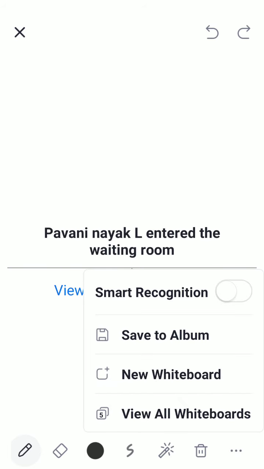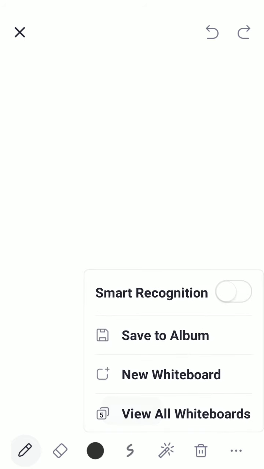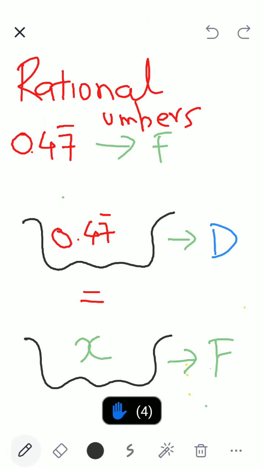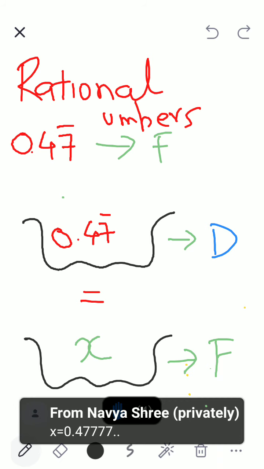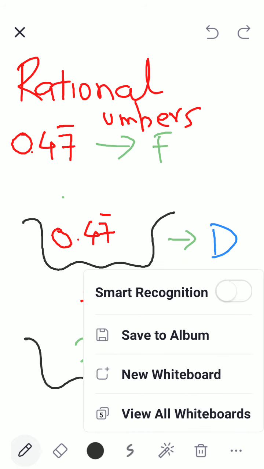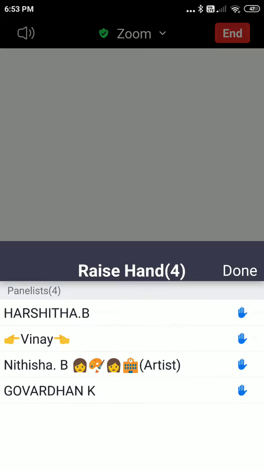Children, again, I'm taking you all back to the drawing. Wait, hold on, children. I put 0.47 recurring in the decimal bag and I put x in the fraction bag. What is the first step? I had given you all the first step in the previous problem. Tell me what to write, children. No, come on, children. That means you all are not writing notes. I'm very unhappy.